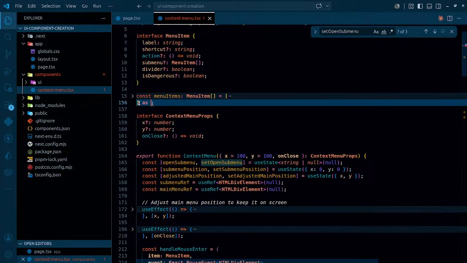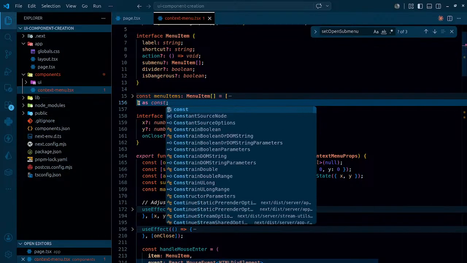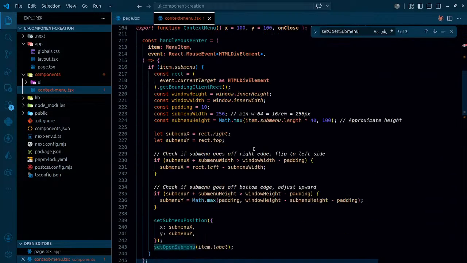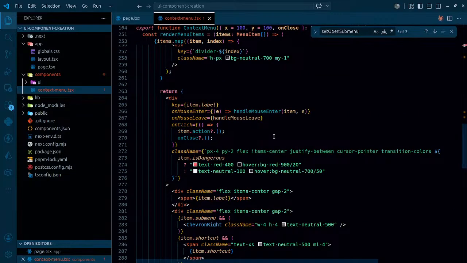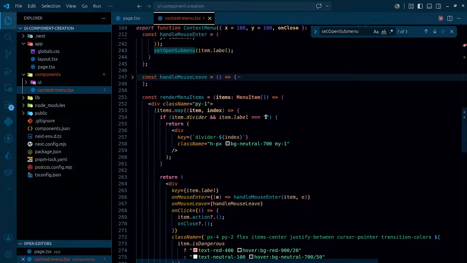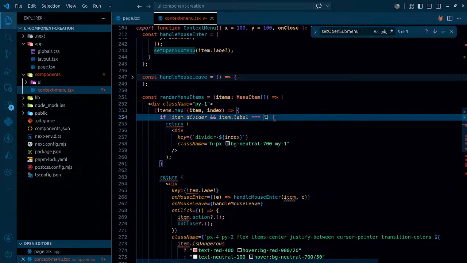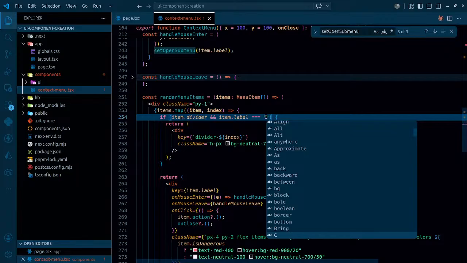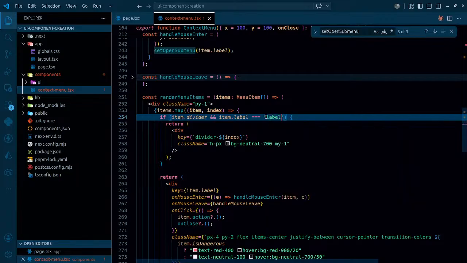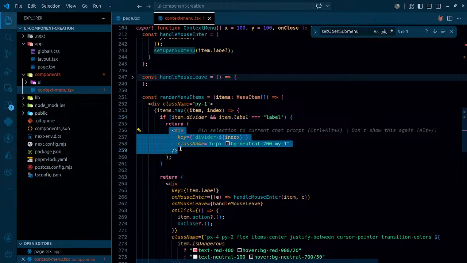Having said that, it can actually be exported as const. It can be set as const, so it's only gonna be readable. So when this becomes readable, we can easily get the suggestions over here. So coming back to this, should be fine. It doesn't seem to be. So label, yeah, we can definitely get the suggestion over here. If this is so, then this particular divider is gonna be used, and